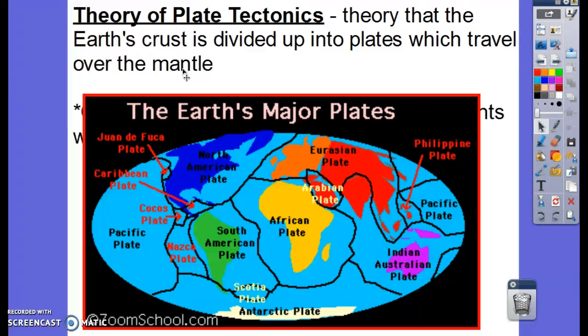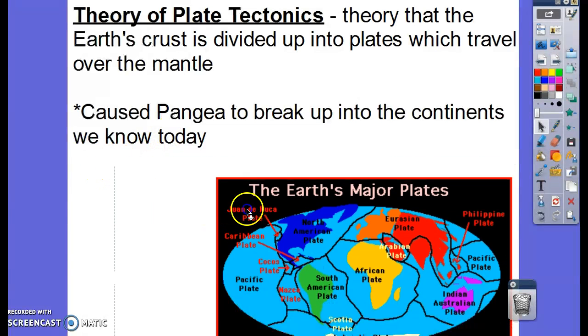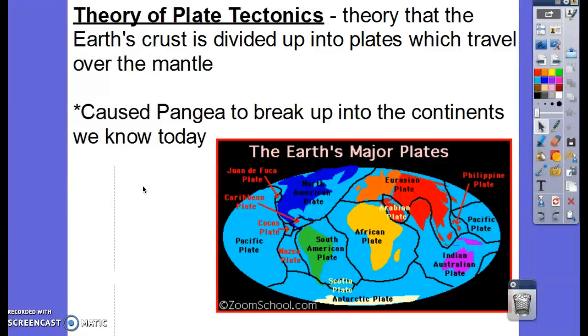But they're still moving. So eventually, if we go like 200 million years into the future, our continents might not look like our continents. Maybe they'll be smushed together again. Maybe they won't. Maybe they'll be in a different pattern, right? So these plates are still moving. And plate tectonics is what caused Pangaea to break up into the continents that we know today. Okay, you'll also hear this referred to as the theory of continental drift, or the idea of continental drift, the idea that the continents drifted apart from when they were in Pangaea. Okay,